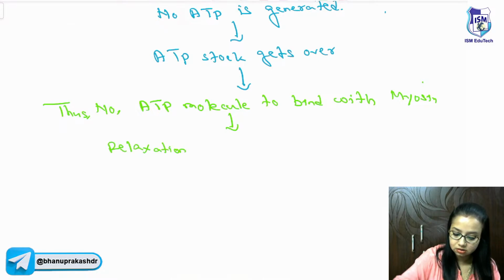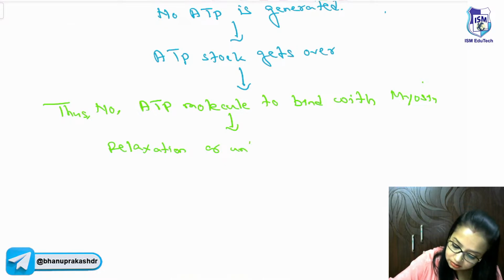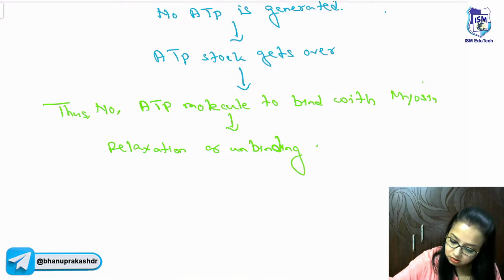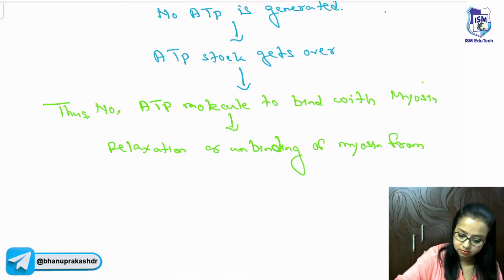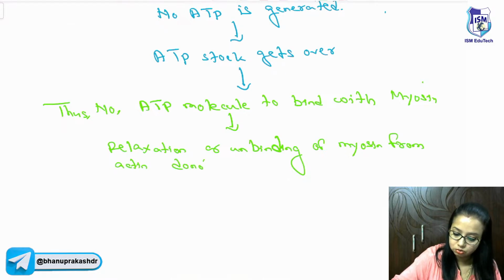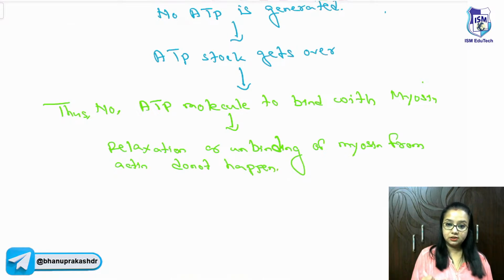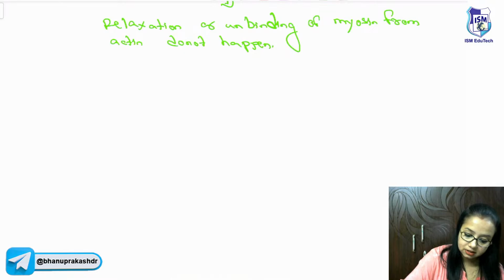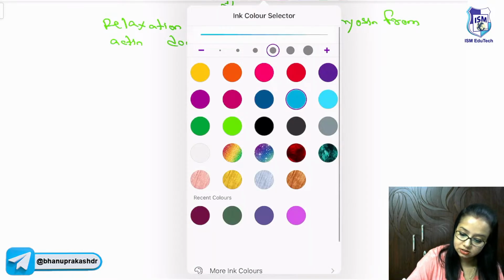Relaxation or unbinding of myosin from actin does not happen. So there is this rigid state of the muscle as the myosin is not getting detached from the actin. Now the order in which this